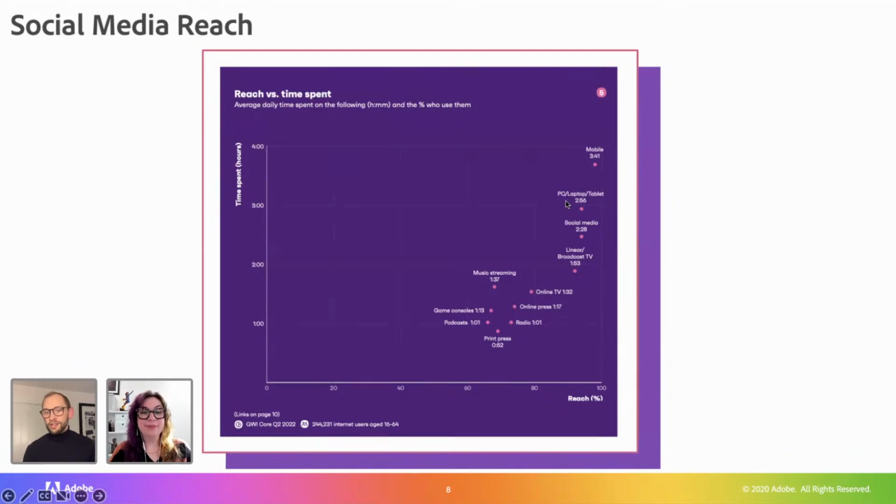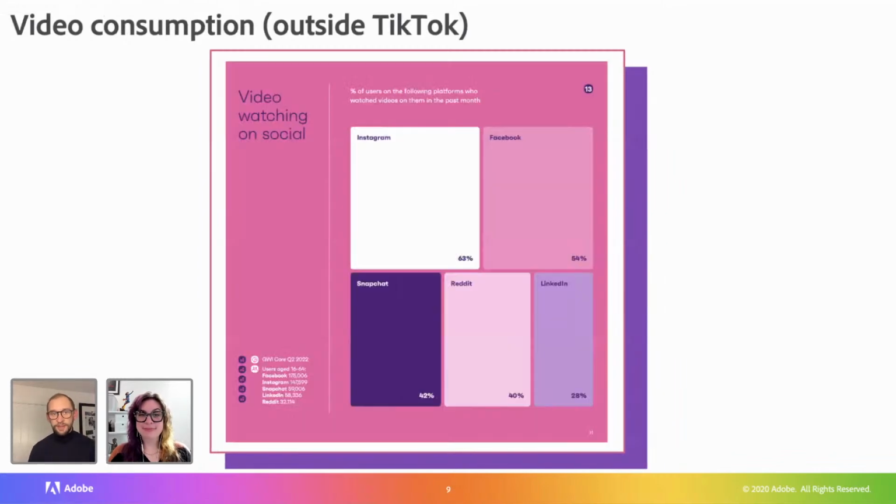Social media sits third behind mobile and then laptop in terms of how many people use it and how long people spend on the platform. And considering there's never been a better way to reach people for zero budget, yes, there are a lot of tactics underneath that. That's why we run all of our strategy sessions, to help with that kind of stuff. But that is incredibly compelling, and I think it should be really encouraging for all of us thinking about how we grow our brands over the course of this year: social media represents a significant opportunity.